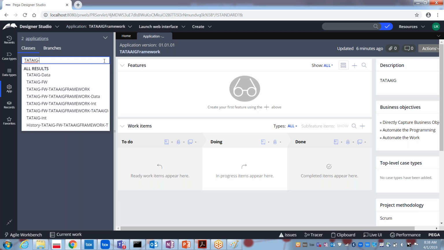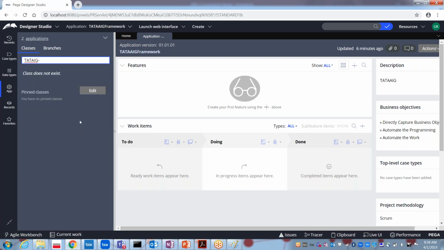See, all these classes it has created for us. Tata AIG data, Tata AIG FW. So it is showing the complete list of the classes which have been created by default. Did I create all these classes? No. I did not create any class. So automatically it has created the classes for us.